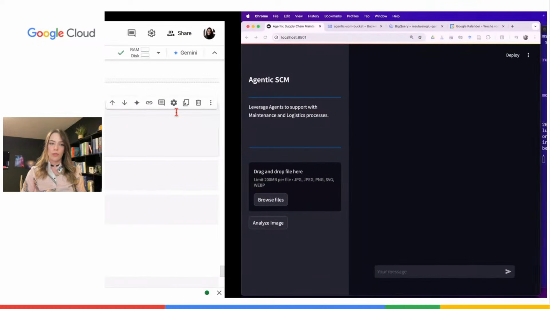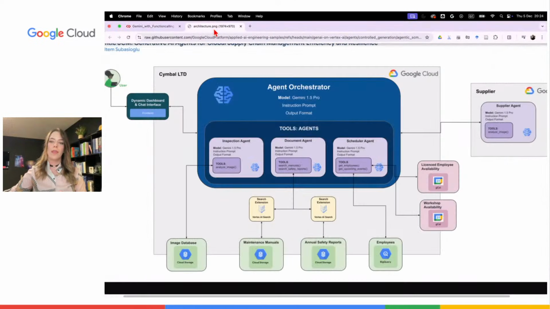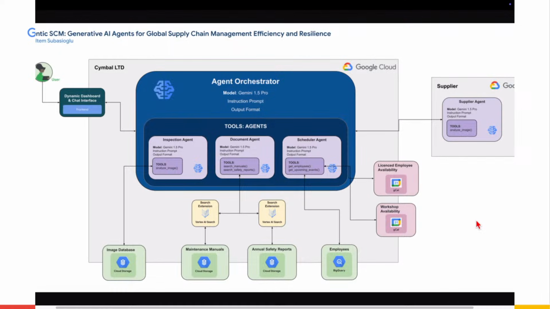All right, that's for the first demo with a single agent and walking through function calling. The second thing I want to show you is, before jumping in, let me show you the architecture. It's a bit more complex in that we explored a more multi-agent setup scenario. And also in here, we saw that you can have different flows if you set up multi-agent systems, right? You can have a sequential flow, but in our case, what we chose to do is instead have this orchestration or routing LLM layer. So what you see in the middle is we have the agent orchestrator, who then has, you can call them sub-agents connected as tools.